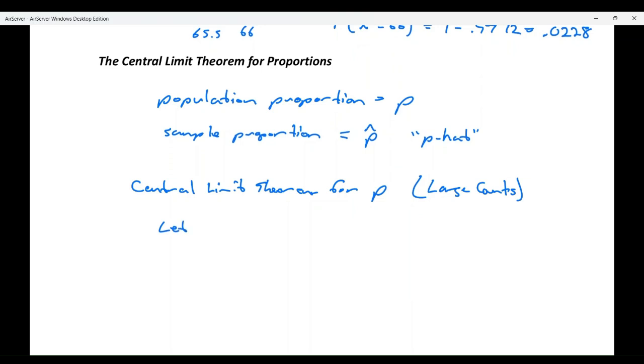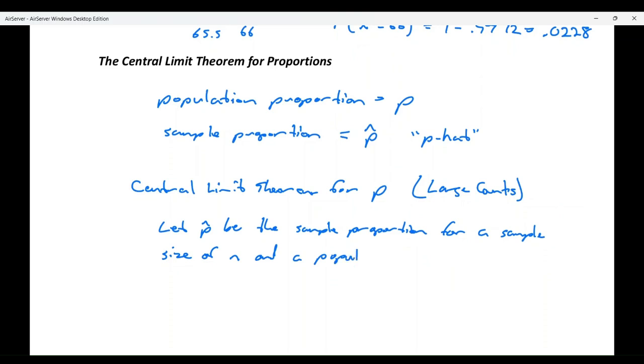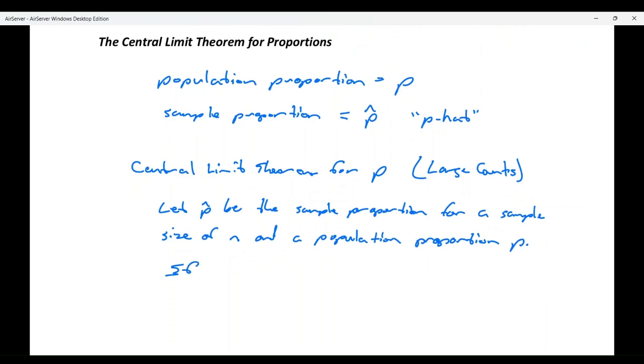Let P hat be the sample proportion for a sample size of n and a population proportion P. The population proportion P. If n times P is greater than or equal to 10, and n times 1 minus P is also greater than or equal to 10,